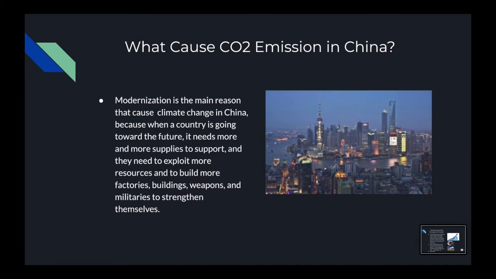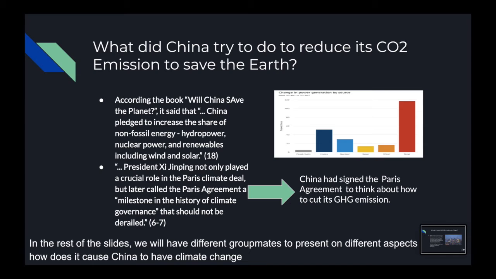Since people are progressing to become better, the society also needs to improve. Like the movie I watched for this class, The Wandering Earth, it talks about when people are not taking good care of our Mother Earth, there won't be a suitable place for humans to live. And when all the animals are extinct in the world, soon it will be us, the humans, in the movie. But now, what kind of action can China take in order to reduce the CO2 emission?